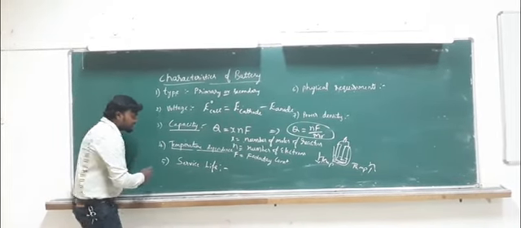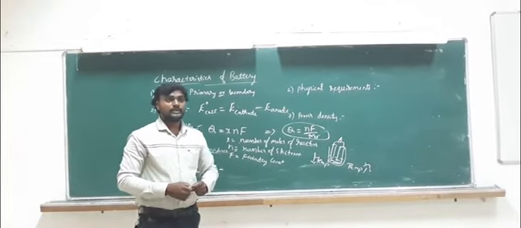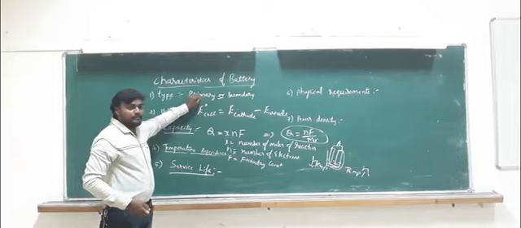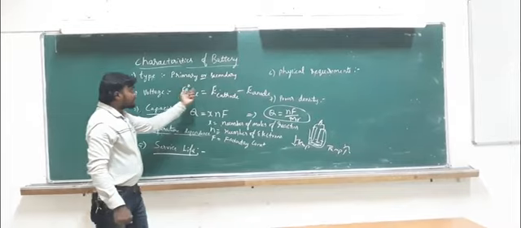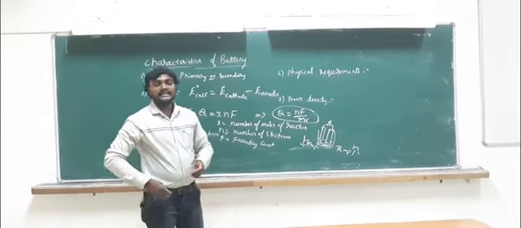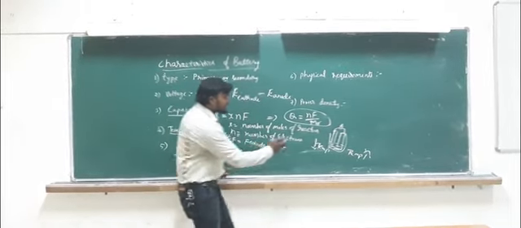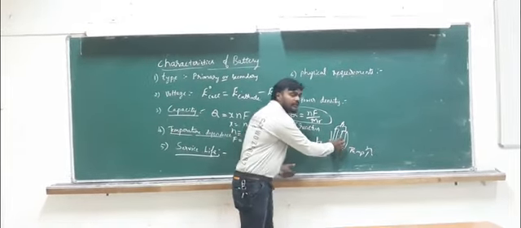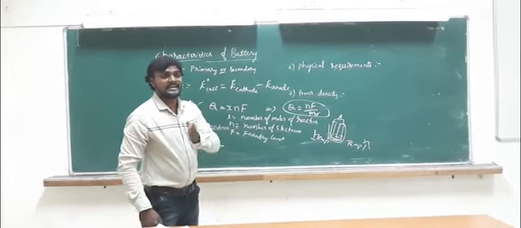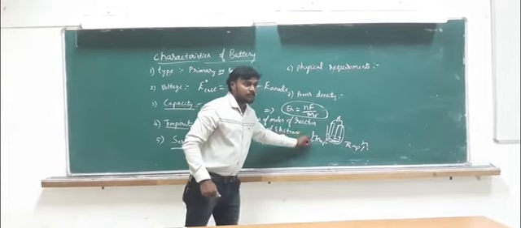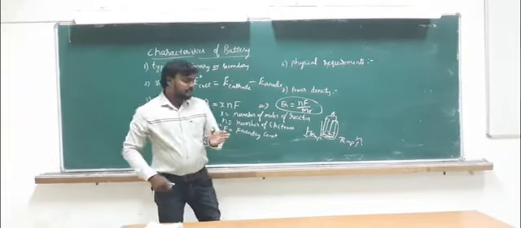Next characteristic is service life or cell life. We call it cell life. If you take a primary battery, its cell life is only 1. We cannot recharge it. But if you take a secondary battery, it is rechargeable. So how many times can it be recharged? Until the capacity of the electrolytic solution falls below about 80%, it will be rechargeable again and again. Around 500 to 1000 times we can recharge until its capacity reaches 80%.